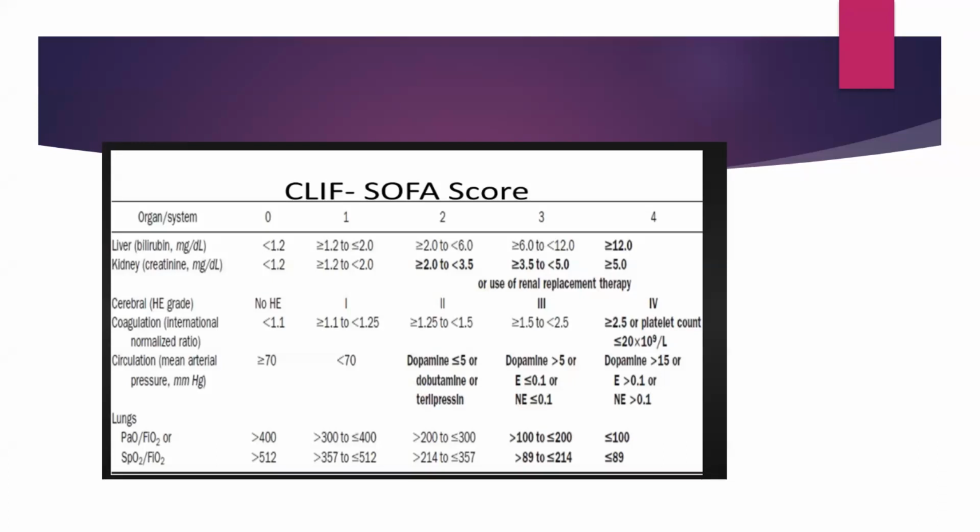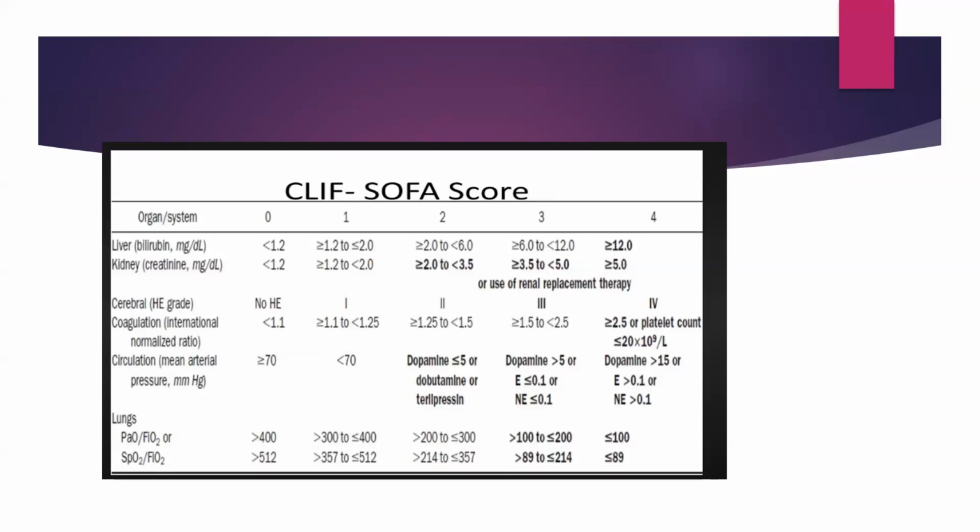Then about hepatic encephalopathy: grade 0, no hepatic encephalopathy. 1, grade should be 1. 2 points are given for hepatic encephalopathy grade 2. 3 points for hepatic encephalopathy grade 3, and 4 points for hepatic encephalopathy grade 4. Then the INR: less than 1.1 is 0, 1.1 to 1.2 is 1. Grade 2, 1.25 to 1.5; grade 3, 1.5 to 2.5; and grade 4, more than 2.5, or a platelet count